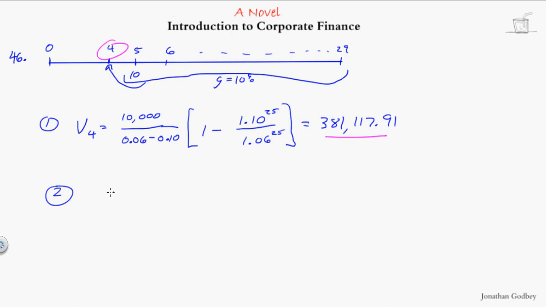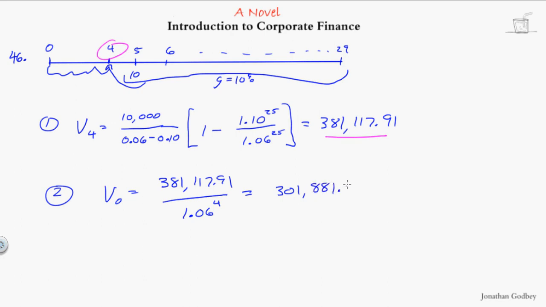Step 2, the value today is equal to the value at year 4, 381,117.91. This is back to chapter 2, divided by 1 plus the interest rate, 1.06, raised to the 4th power because I'm going back 1, 2, 3, 4, and that's going to be equal to 301,881.08. So given that I have a discount rate of 6%, I would prefer to have the annuity because it's worth more rather than the 300,000. So I pick this growing